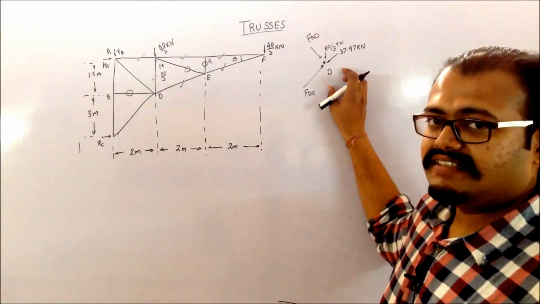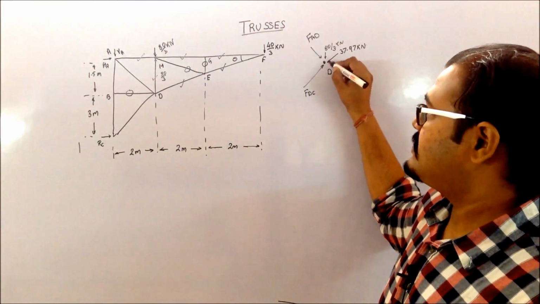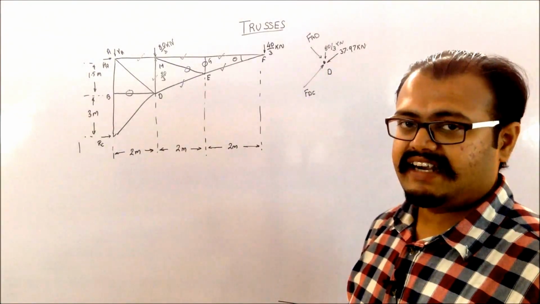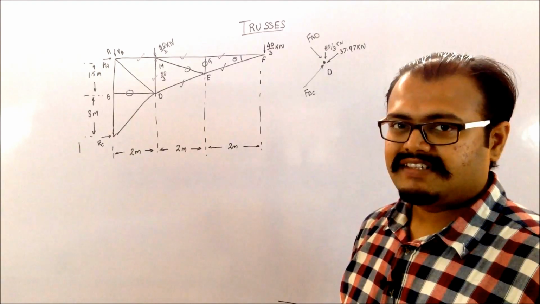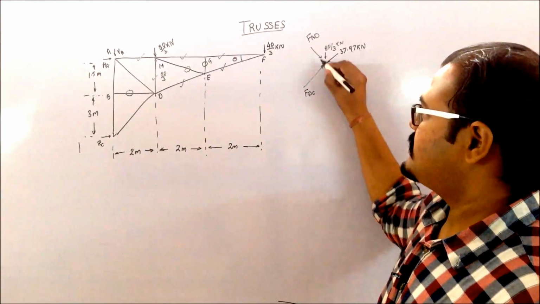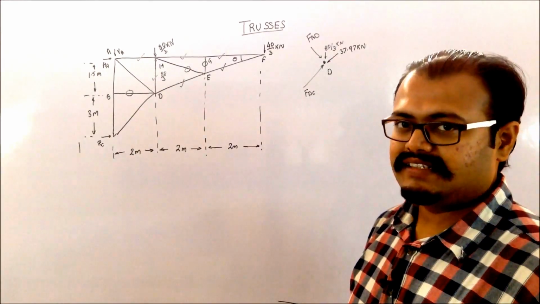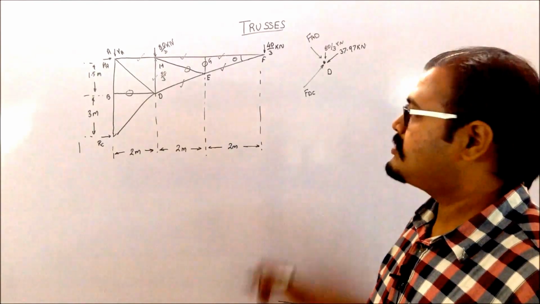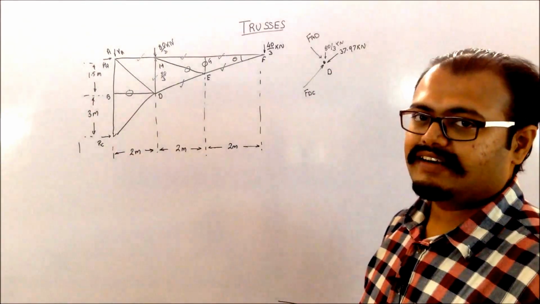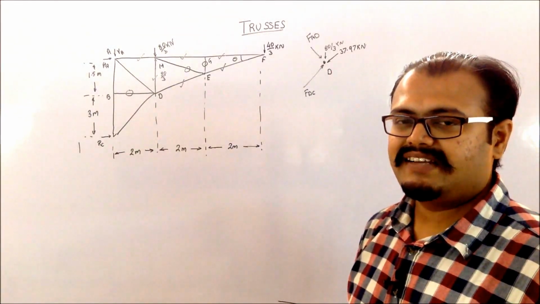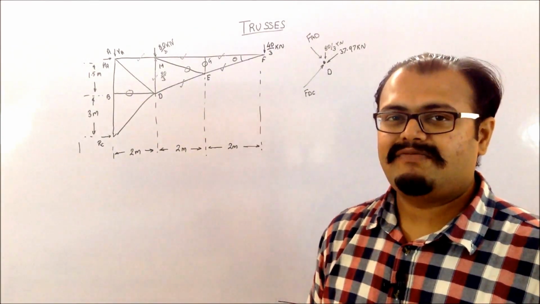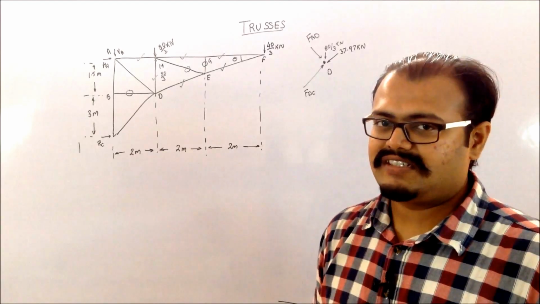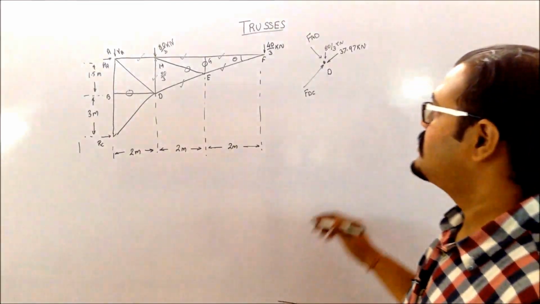At point D, there are basically 4 forces acting at that point. It will be pretty difficult to analyze the direction of the unknowns in this case, but I have taken that they are all in compression. Whenever the analysis is not possible, you can assume the direction, and if you get a negative, then you just change that direction.